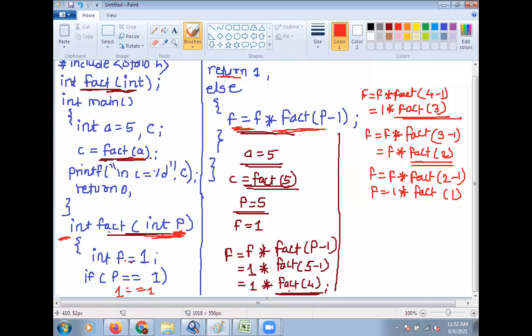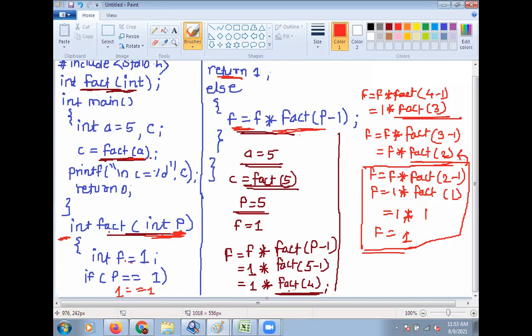Then return 1, and here the value of this you will get 1 into 1. So f is equal to 1, which is the value of fact 1. So this value for fact 1, sorry, fact 2, put in this function.